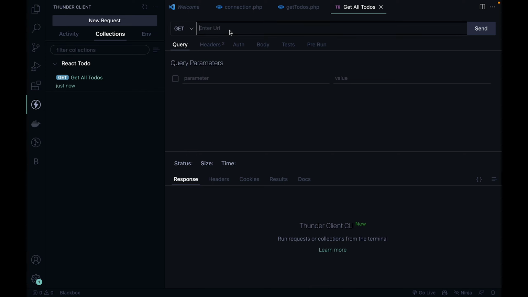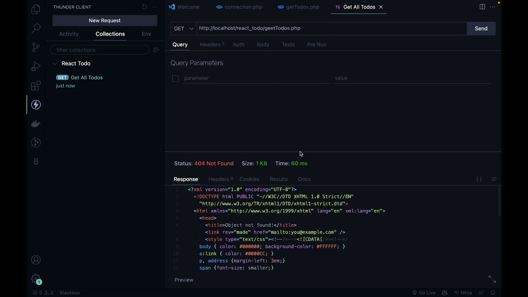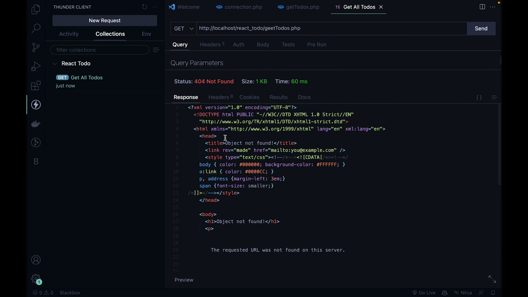This would be a get request, and our localhost/react todos, todos/get todos.php. If I hit send, what it says is object not found,